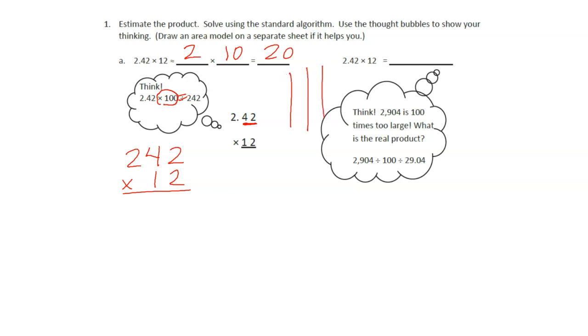Okay, so if we had 2 and 42 hundredths, when we multiply by 100, it's going to become 242. Another way we can look at this is as 242 hundredths. So we said 2 times 2 is 4, 2 times 4 tens is 8 tens, and 2 times 200 is